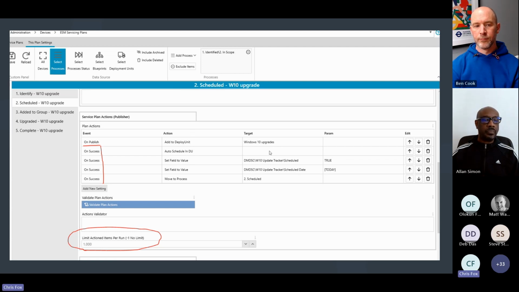The reason I have a deployment unit is because I want a forward schedule of change. If you don't want that, if you just want to put devices into a group, you could add to group at this stage. You wouldn't have to do the deployment unit parts. And then the last thing I've done here is, within an ESM, you can limit the number of items that